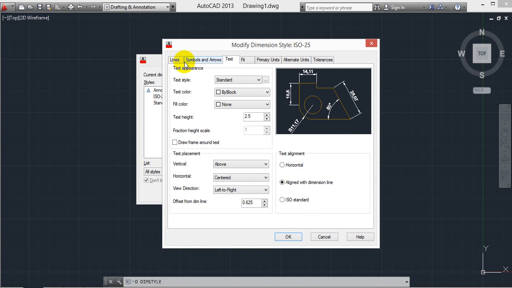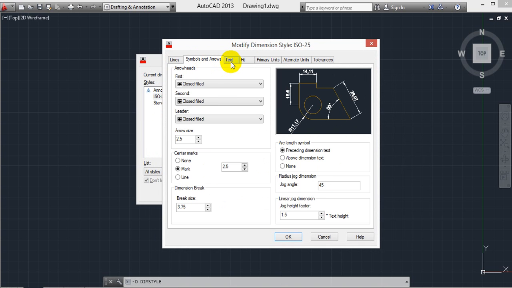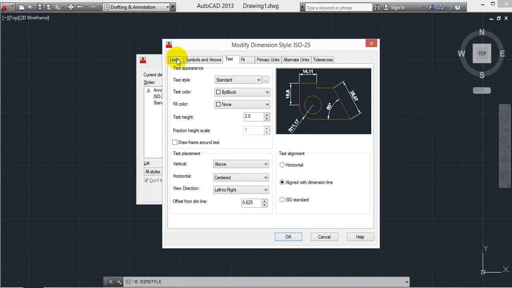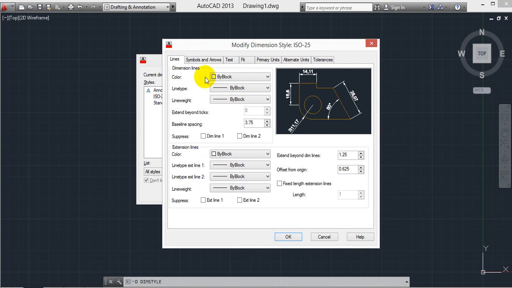So here first we can separate into three types. First one, lines, next symbols and arrows, and text. Okay, these three are important. So I'm going for lines. So in lines, what color do you need for dimensions? If I am using red, see the lines and arrow marks are changed to red color. Next, line type.